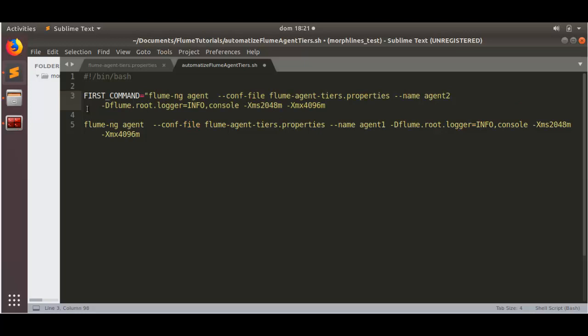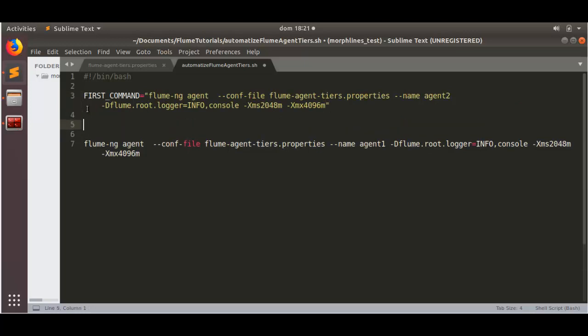I will put the first command as a string, and I will use eval. The eval function will literally evaluate this expression as a command and execute it. So I will eval this variable first command,